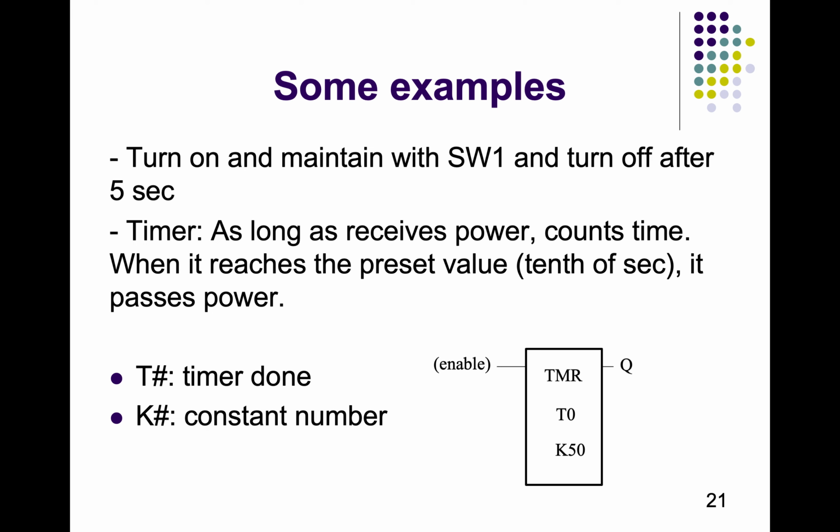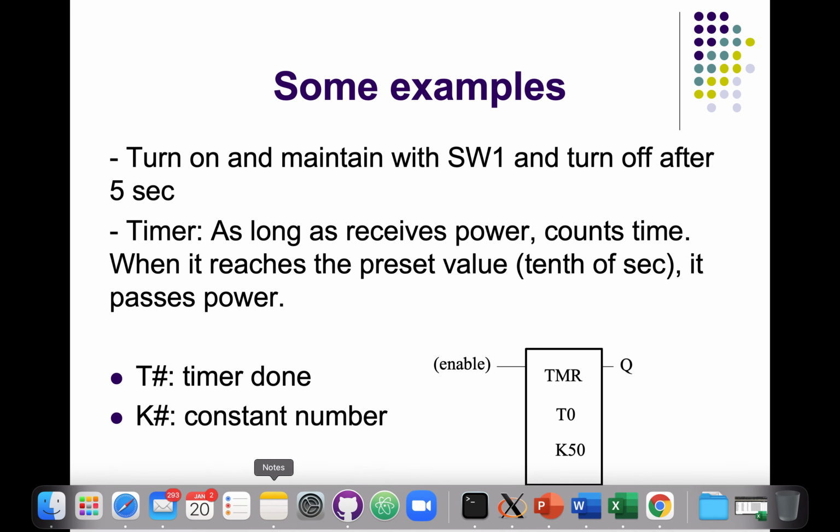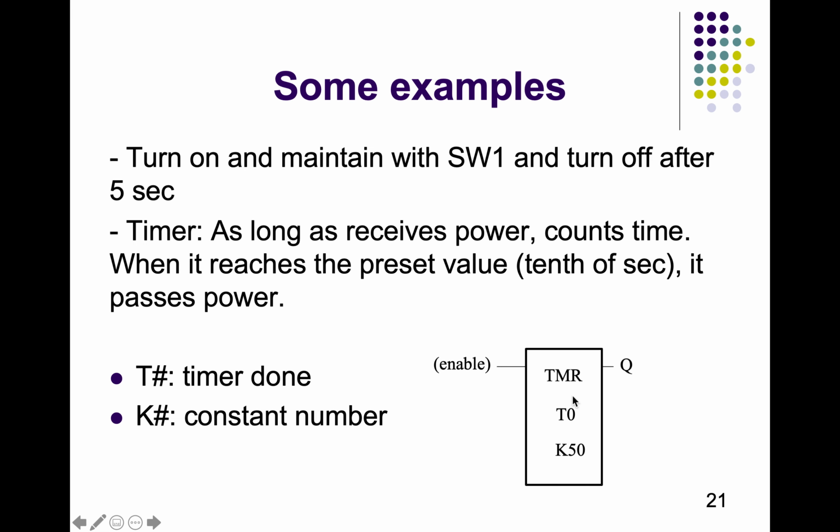Now if we want to time some activity, we can make use of a timer. So consider we want to turn on a light for 5 seconds after we press the spring switch. For that we can use a timer. So the timer, as long as it gets power, starts to count down the time we are giving to it. Whenever that time is reached, it will get activated. So whenever that countdown is done, it will activate the timer.